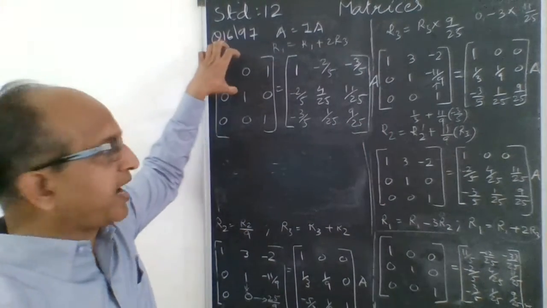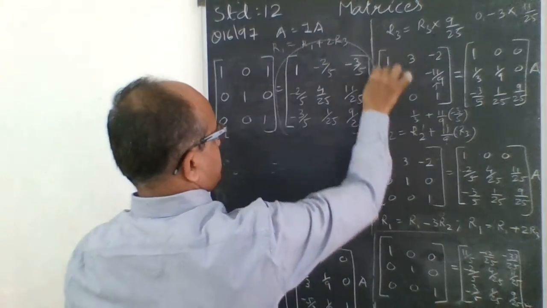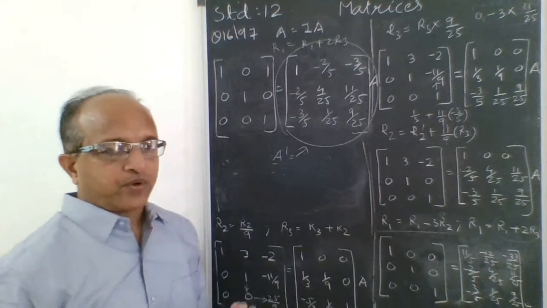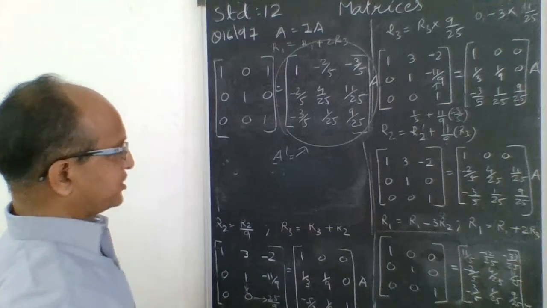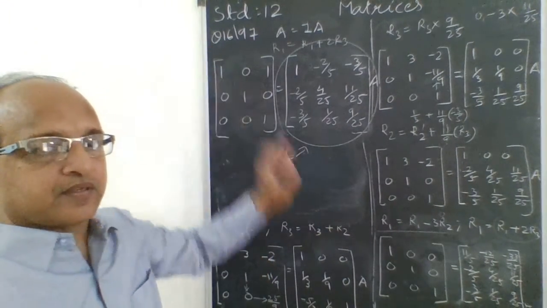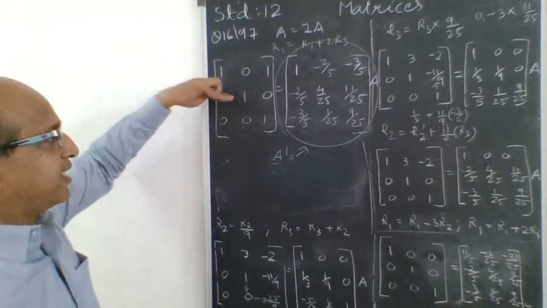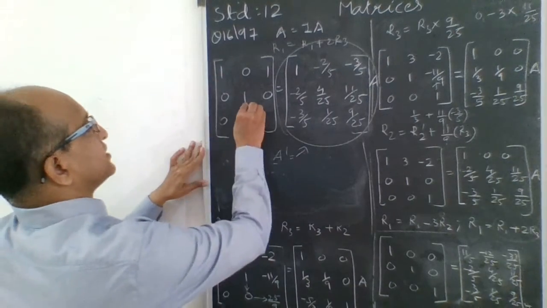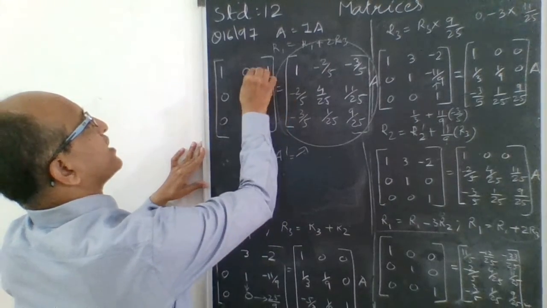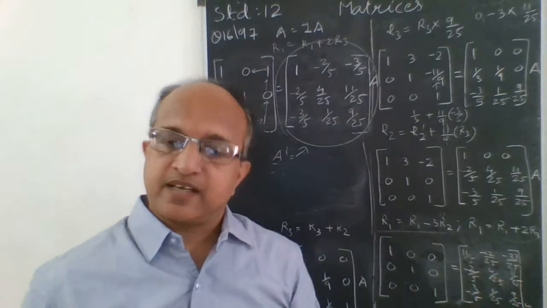So here we got the identity matrix. So that means this will be A inverse. This will be our answer. That is A inverse. Okay. So always go in this direction. Okay, so first make this a 1, then these two a 0, then try to make this a 1, then this a 0, then this a 1, this a 0. In this direction we should try to get it. Keep on practicing and yes, you will do it.